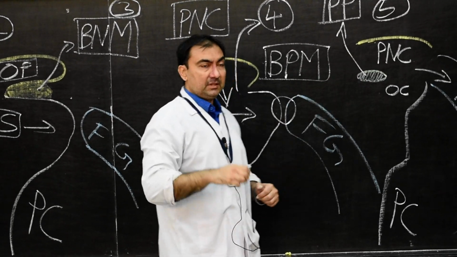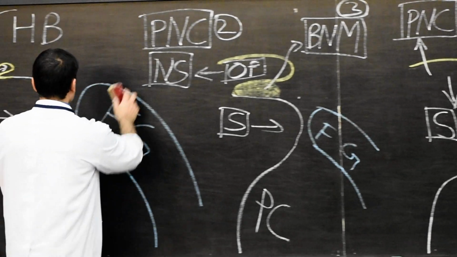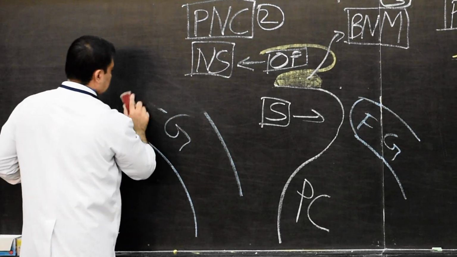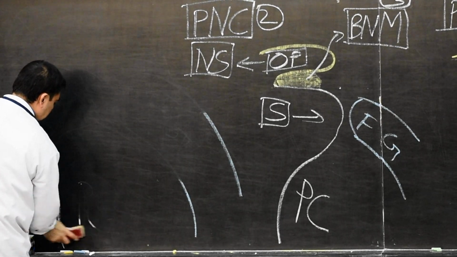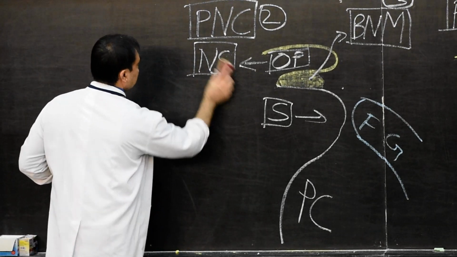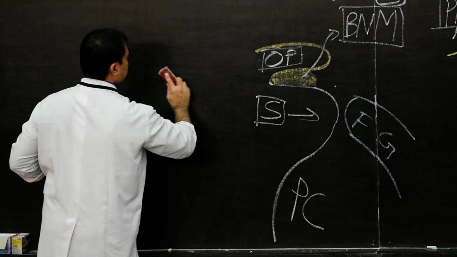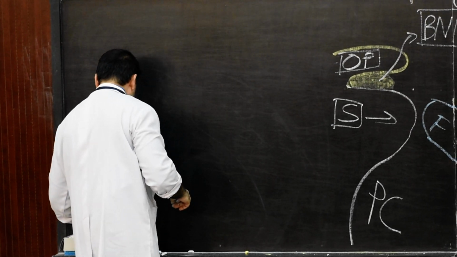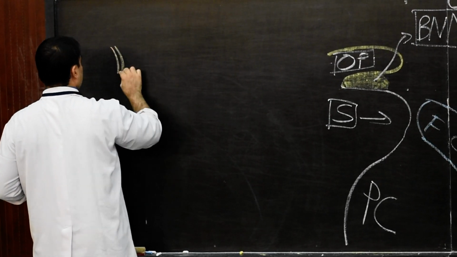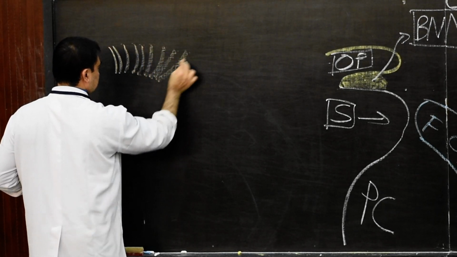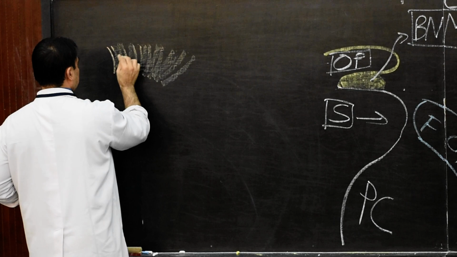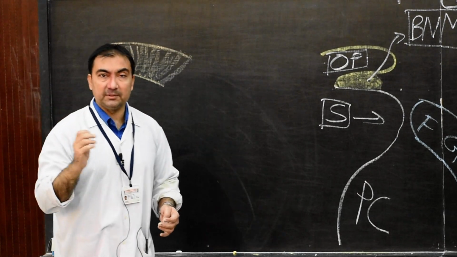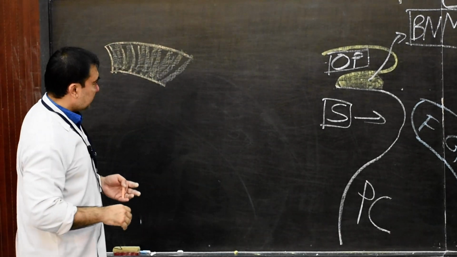Now we come to the sixth step. In the sixth step, we will show that the entire median nasal process, during the development of the face, will develop into the nasal septum. So we show the nasal septum. This is how we show the nasal septum, coming from above. This will be the entire nasal septum. It is called the primitive nasal septum, which we have already discussed during development of the face.